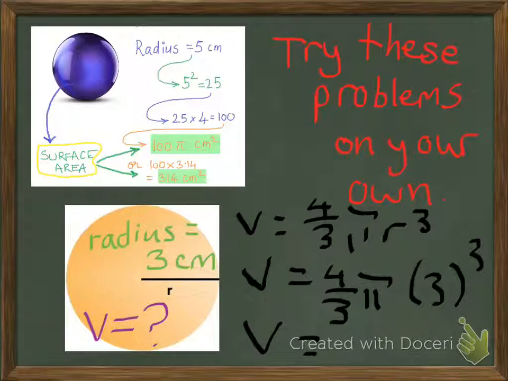You have to remember that we're also using 3.14 for pi. So it would be 4/3 times 3.14 times 3 to the third. And when you calculate it, it's exactly